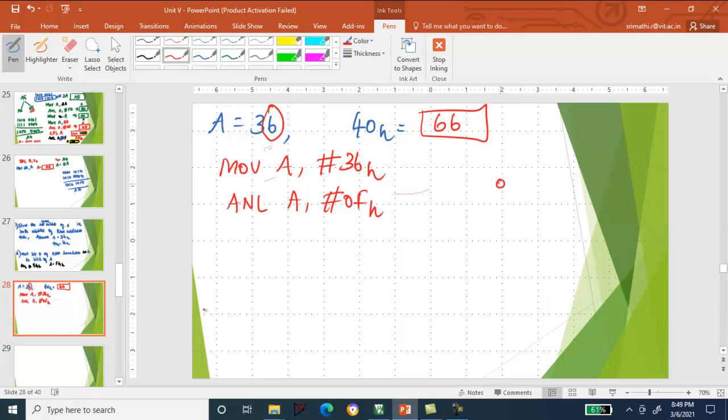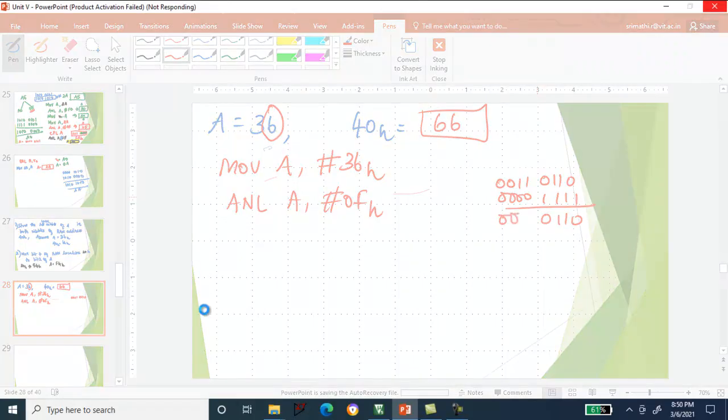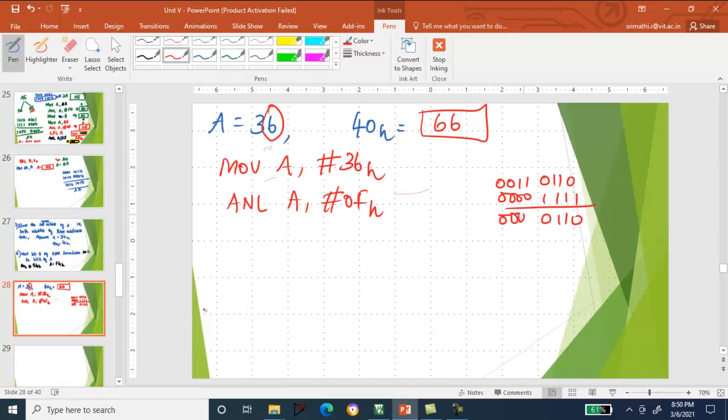A is having 0011 0110, since 6 is 0110, and 0F is 0000 1111. After this AND operation, I'll be getting 06.